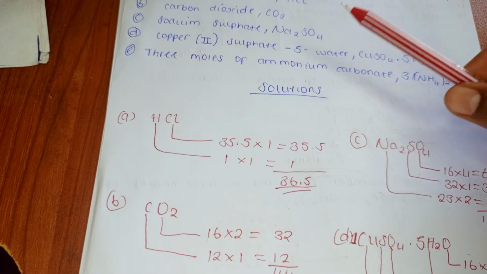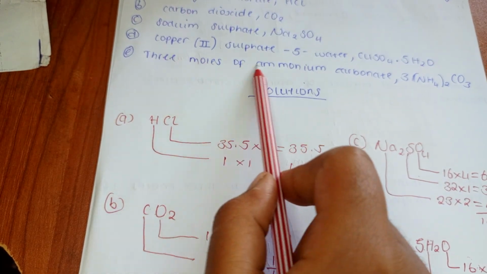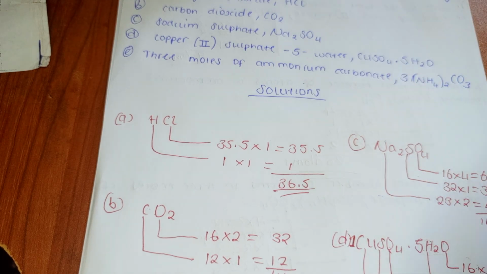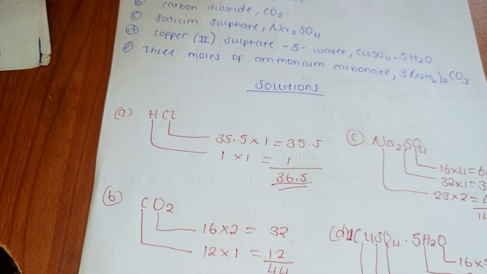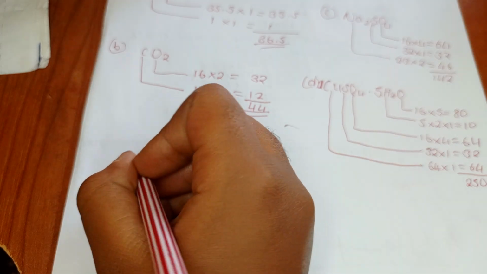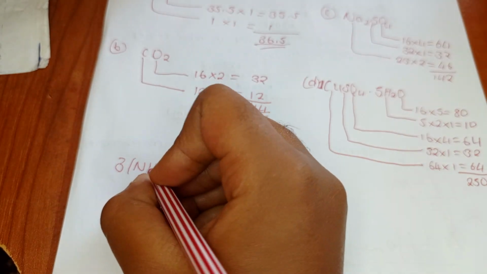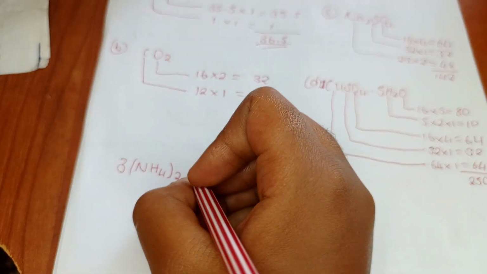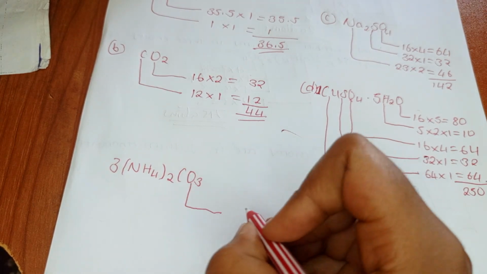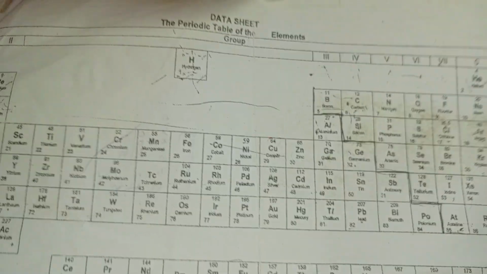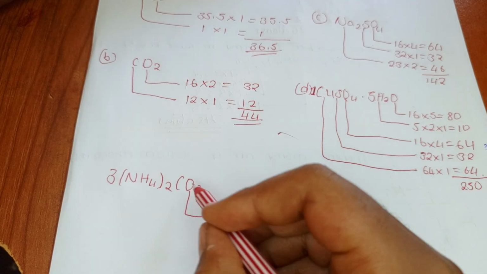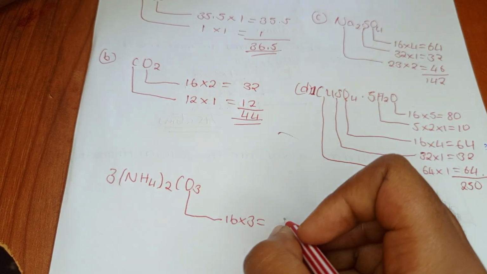So next we have this one, which says 3 moles of ammonium carbonate, which is here represented in its chemical formula, and we're going to write it down here. So 3 moles of ammonium, which is NH4, 2 carbonate, and here we're going to say the mass number of oxygen. The mass number of oxygen is 16, so 16 by 3 atoms here, which is going to give us,